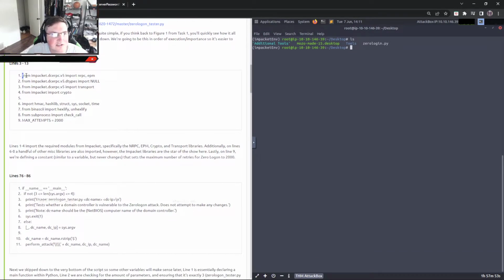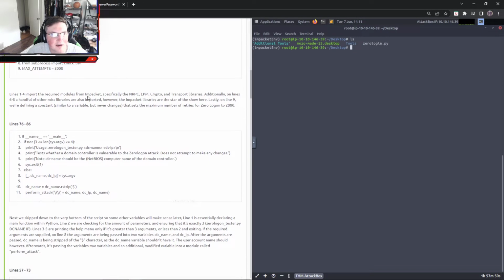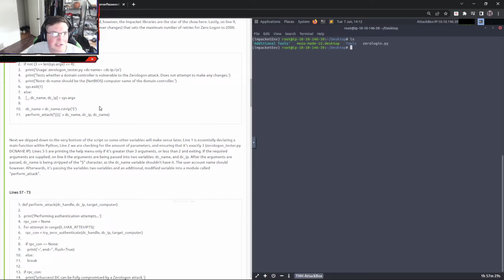So the first lines, you can see they're importing everything you need. And then here they set that variable. That's a global variable, meaning it doesn't change throughout the script at all. That's why it's all caps. And the variable is 2,000. So again, max attempts is going to be 2,000. It's a 1 in 256 chance. So if you run it 2,000 times and you don't get it, the chances are most likely that it's patched. So that's why they chose 2,000. You could up that to 10,000 if you're not sure or whatever. But 1 in 256, you'd have to have unbelievable odds to miss that.